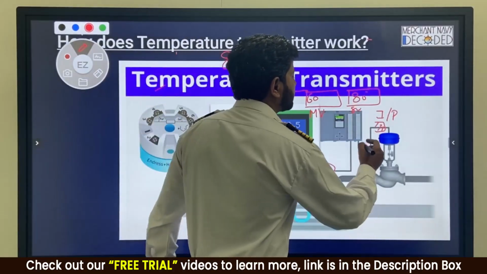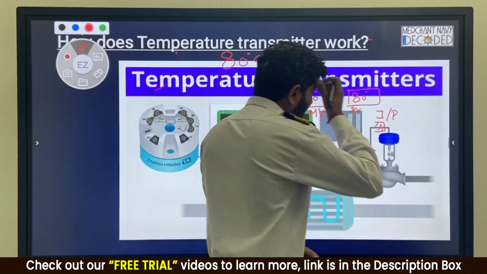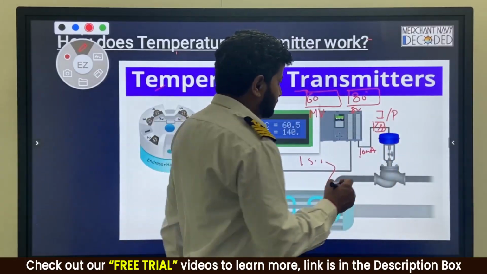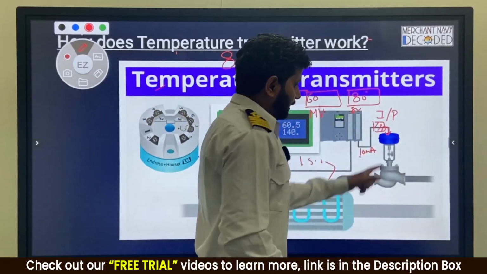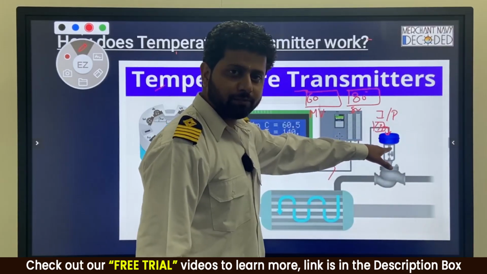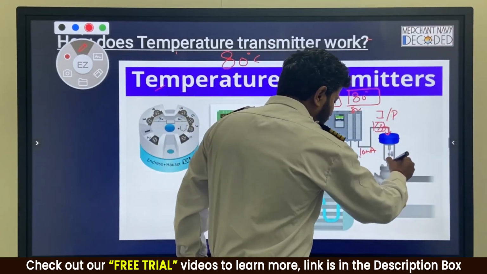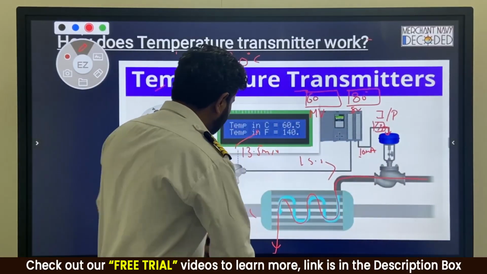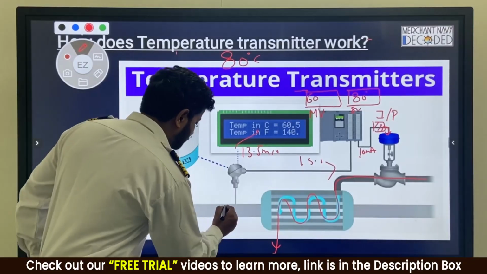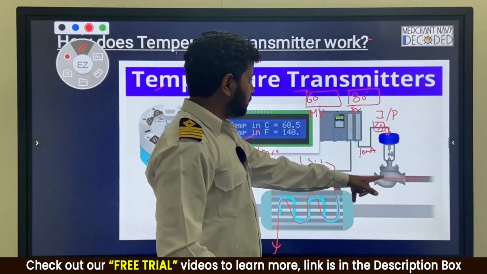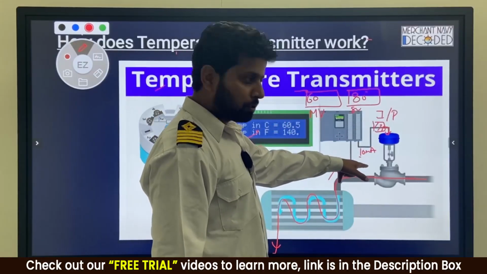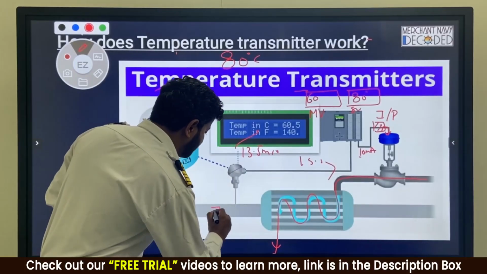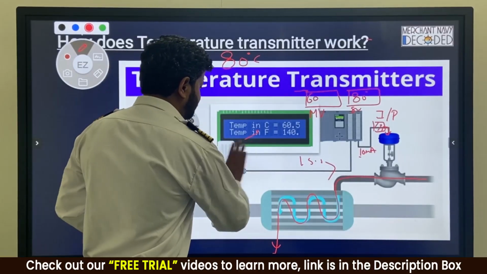Output signal comes, say 10 milliamps, 12 milliamps, whatsoever, and then this current, because of this IP converter which we have studied earlier, is converted into a pneumatic signal, and this pneumatic signal acts on the valve over here, and then this valve opens and the steam from over here goes in and starts heating this oil which was at 60 degrees. When this valve opens, the more the difference, the more will be the current, the more the valve will open. Slowly, when this temperature becomes 70 degrees centigrade, the current over here will become say 15 milliamps.